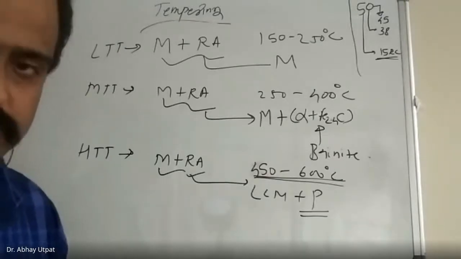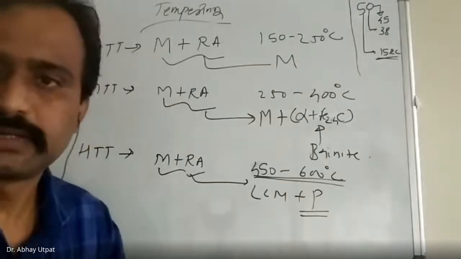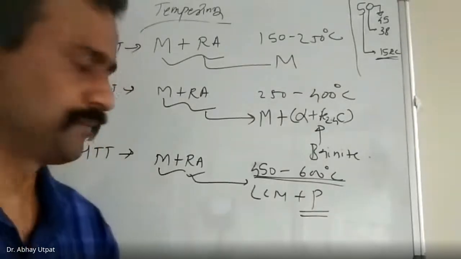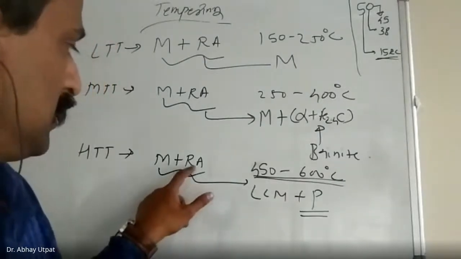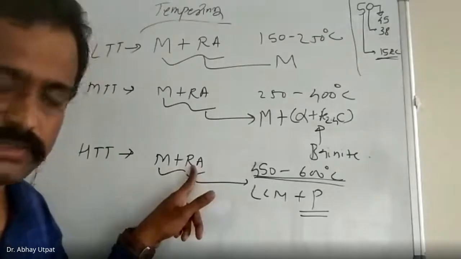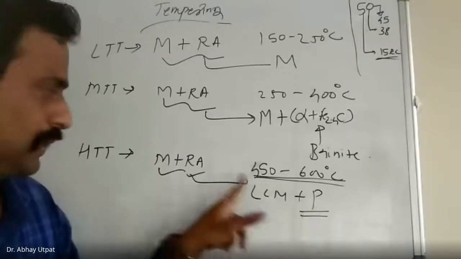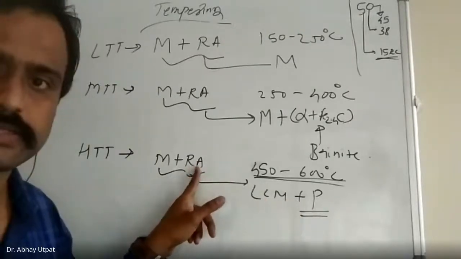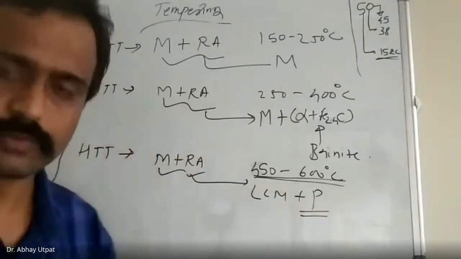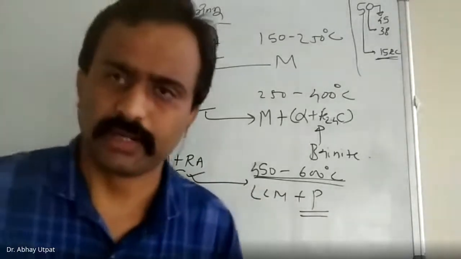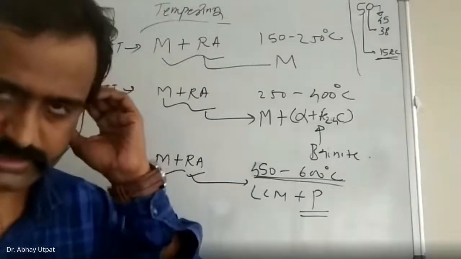Martensite loses the carbon, and retained austenite is converted into perlite. Full stop. Much loss of hardness